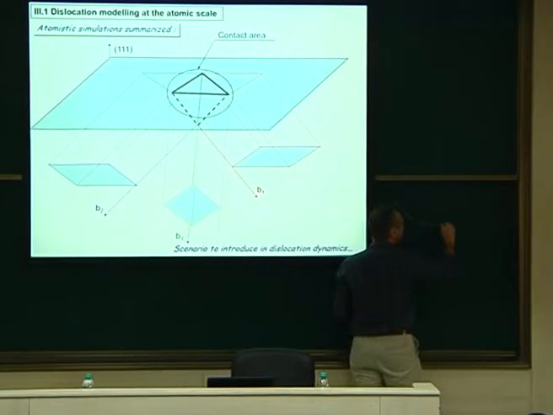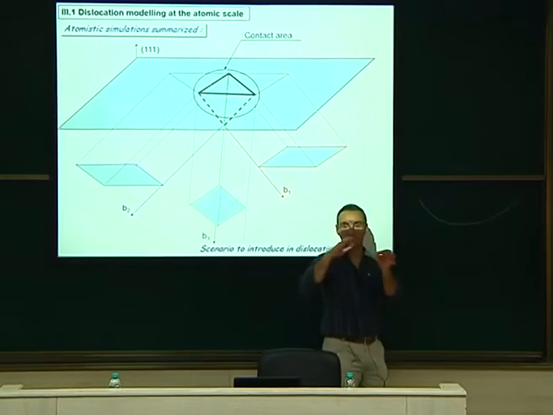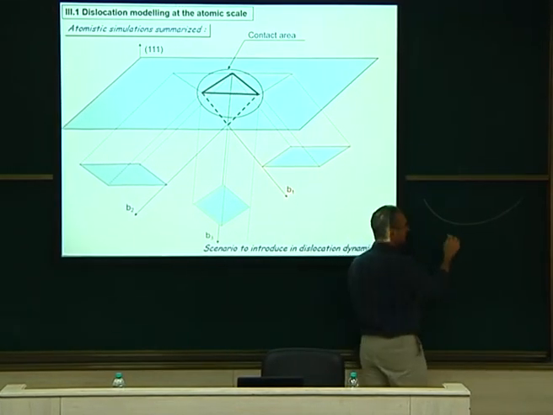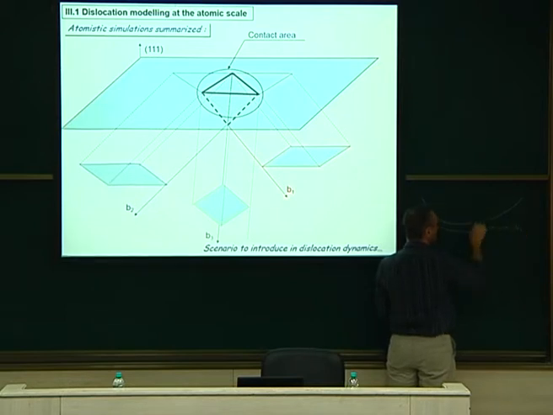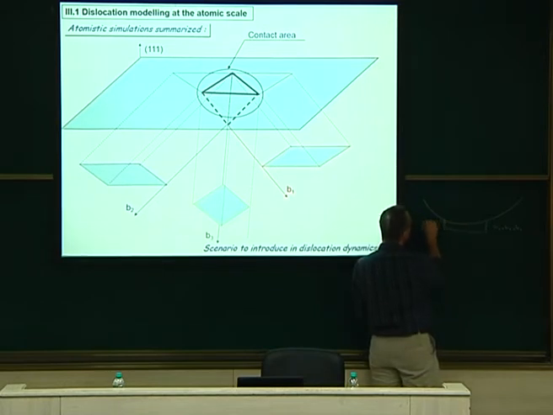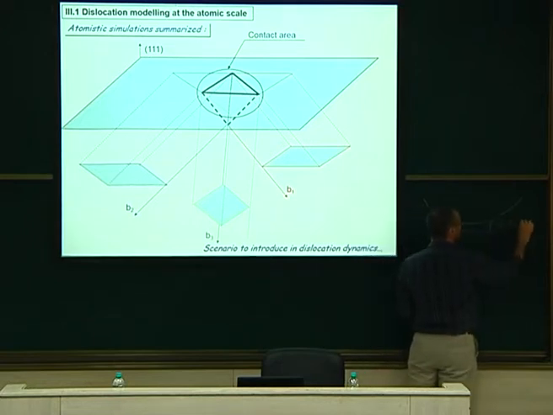You have the spherical contact like that. You just have access to plastic steps, so the punch. So here you have B1 plus B2 plus B3, which is here. So this is B1 plus B2 plus B3, like that. So let's say like this, 1, 2, and 3, okay? Here on the side, you have only B1, like this. And here on the side, you will have only B2. We say here B1 plus B2 plus B3.